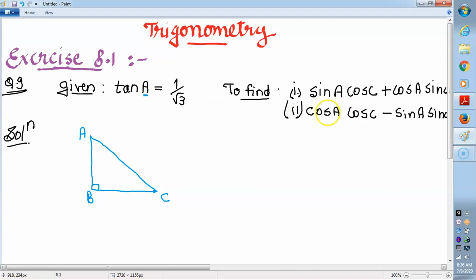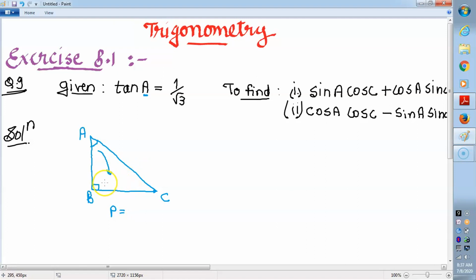In our relations we can see we have to find cos C and sin C also. But since the relation is given for angle A, we will take the acute angle A and decide the sides. For cos C and sin C, we will discuss later. So, first decide perpendicular and base corresponding to angle A. Now, the side opposite to angle A is always the perpendicular. So, BC is the perpendicular.